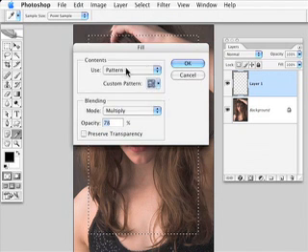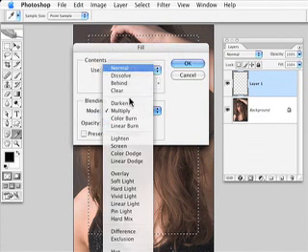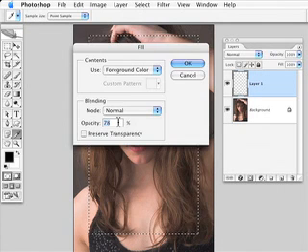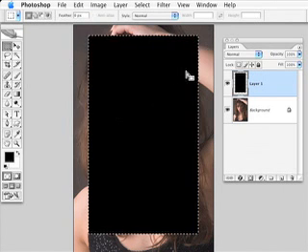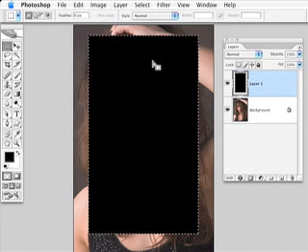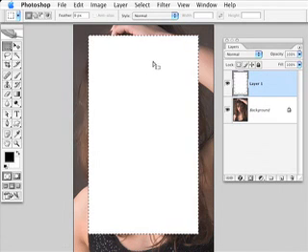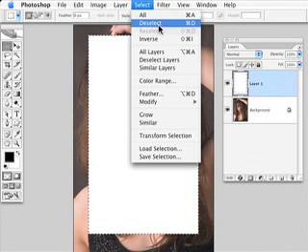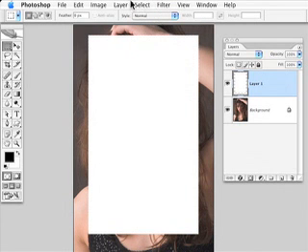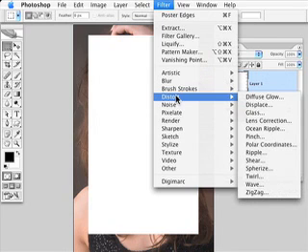We'll go to Edit, Fill and select, let's just select the foreground color. It happens to be black, and let's do this at normal 100%. And now we just have black. Actually, you know what I'm going to do? I'm going to change that to white just so we can see it better. Now it's really important at this point that we deselect the active selection. I'm going to select Deselect, and now I'll go to Filter,